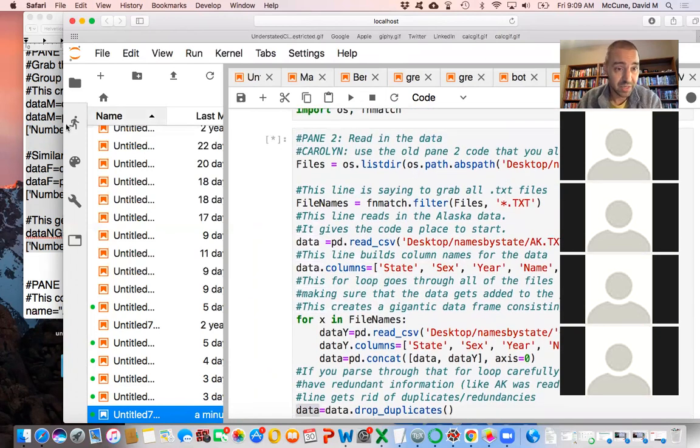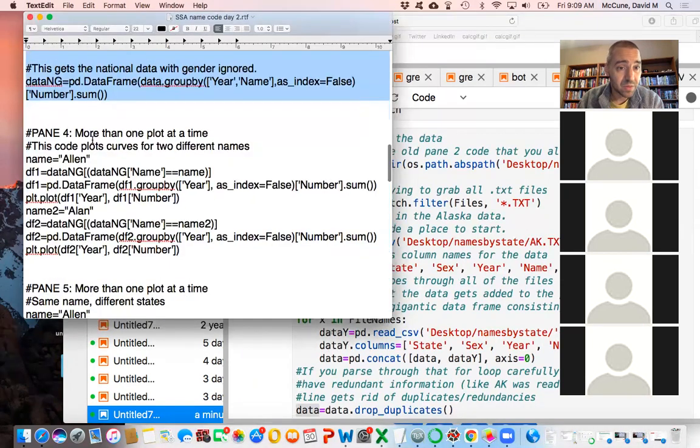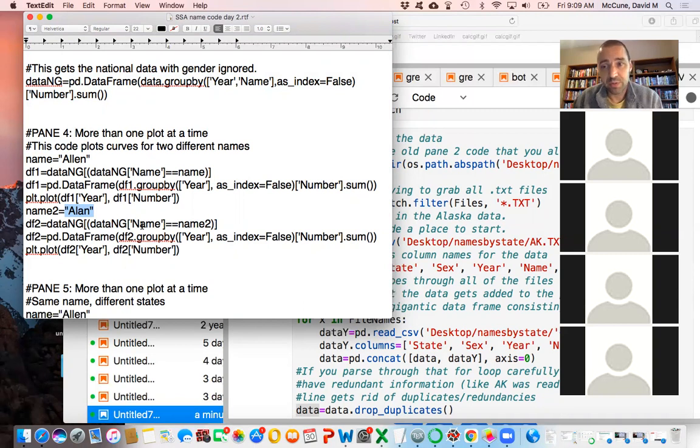Okay, wow, so it's really thinking about it. So let me just preview what we're gonna do. We're going to do some more plotting, and in particular, doing more than one plot at a time. So suppose you want to get a picture of Allen's and also Allen's, but with a different spelling. You want to see how the different spellings have grown or shrunk over time. You can plot both of those names on the same plot by basically just commanding JupyterLab to do 2 plots, but you tell it to do 2 plots all within the same cell. So that'll create 2 plots.